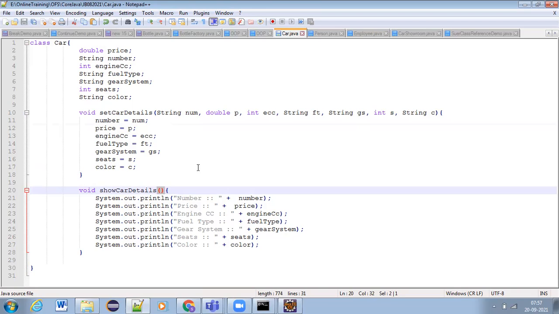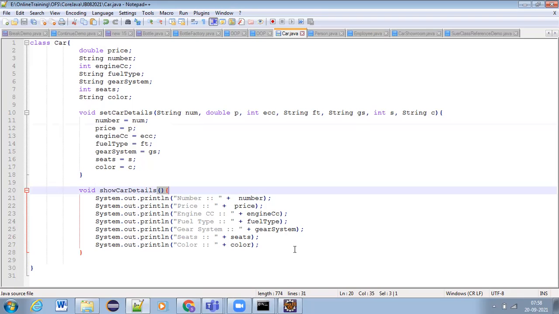Should I get any information from the user to display the data? No, right? Already the data is there in the system. So we don't require any parameters when we are showing the details from the system to the user. Is it clear?